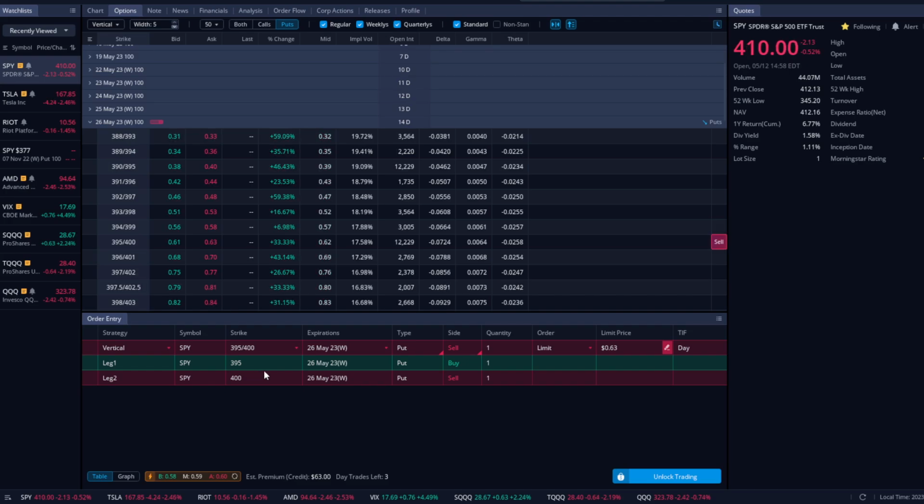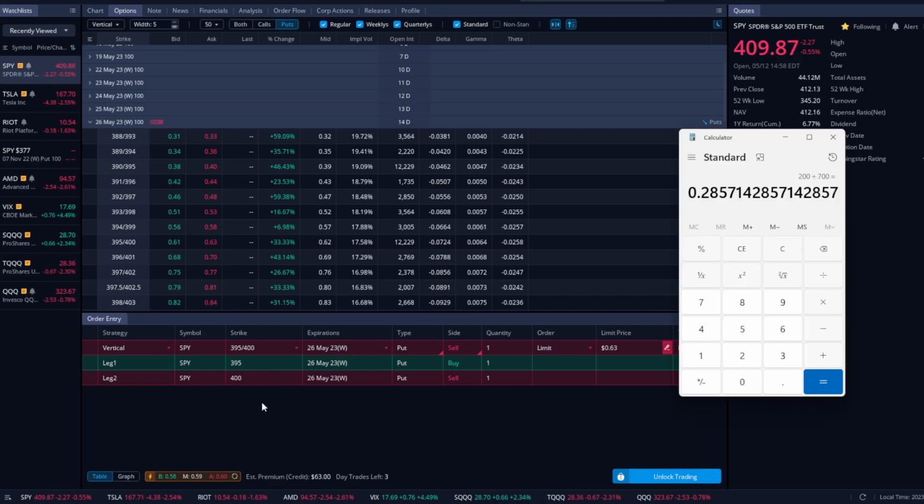In order to have a margin account, you're going to have at least $2,000, I believe. Check with your broker, but yeah. So this is an example. We're selling the 400, buying the 395. We're getting a $63 credit. So $500 minus 63, our max risk is 437, and then we're actually receiving a 63